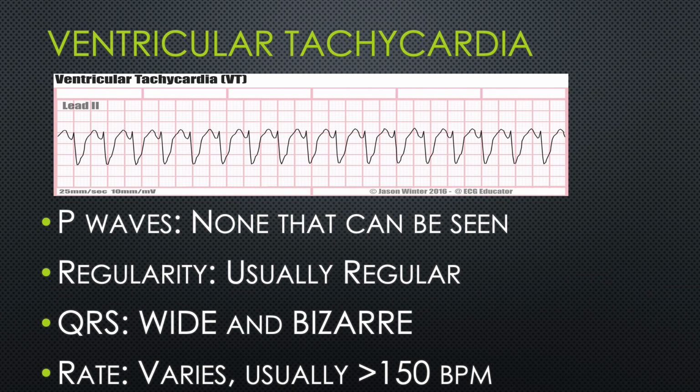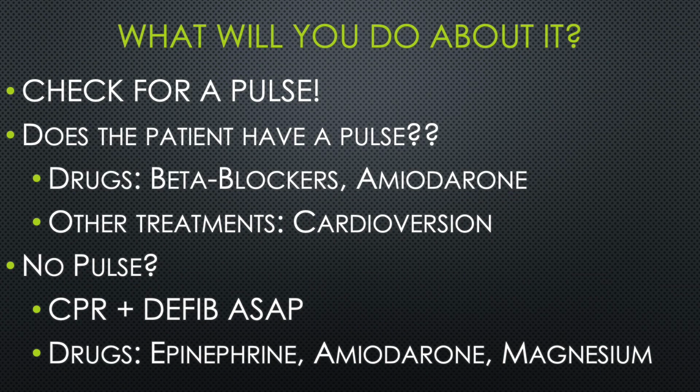So yes, I know that's a lot to take in, but let's talk about what we're going to do about this, and then let's look at the other ventricular rhythm, and once we start to compare, it'll make more sense. So what are we going to do about ventricular tachycardia? Well, there's 2 types of VTAC. There's VTAC with a pulse and VTAC without a pulse. So what are we going to do first? Check for a pulse. So if the patient has a pulse, we're going to consider drugs like beta blockers,